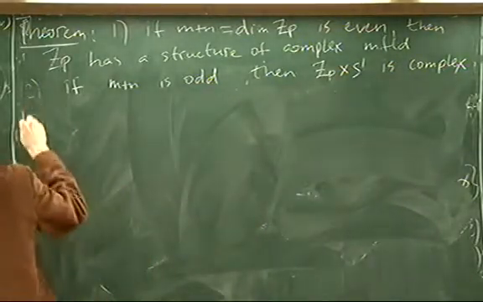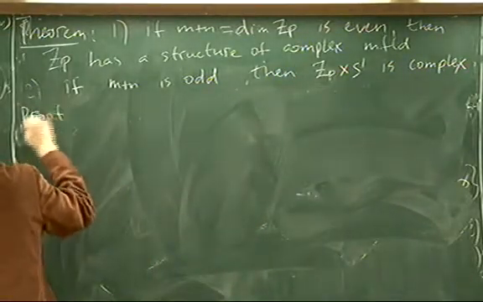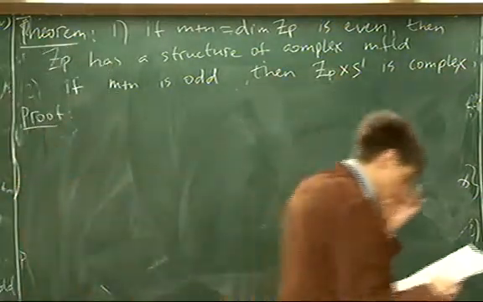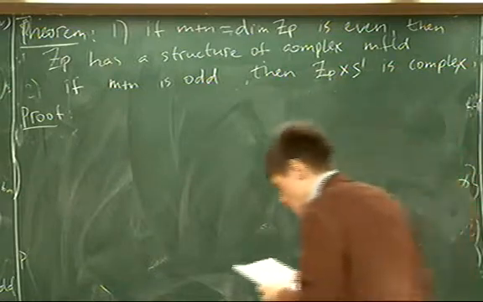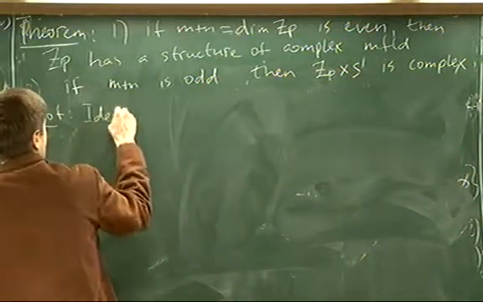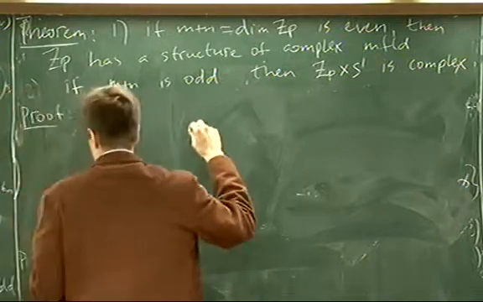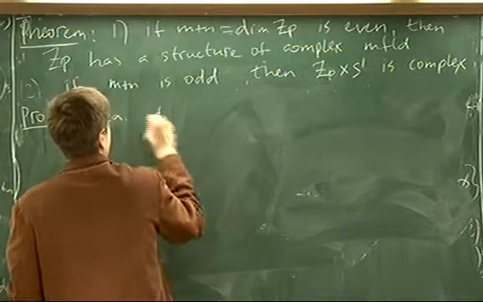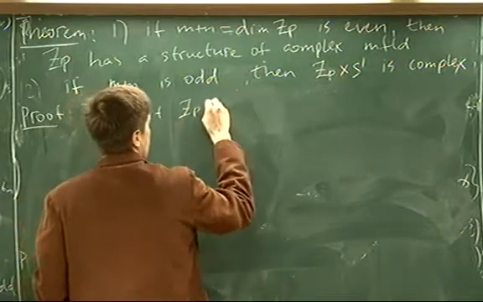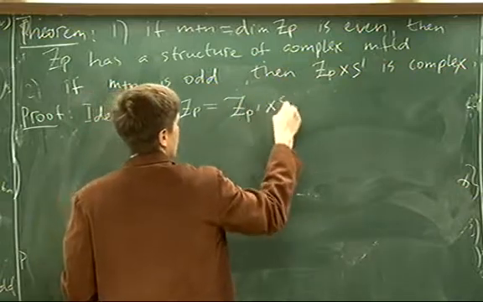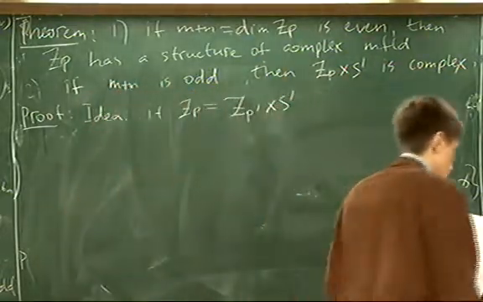Well, as I said, I will not give the proof, but I'll illustrate both cases on an example, and from that you can easily reconstruct the proof. So the idea is the following. If Zp has a circle factor, if it's equal to Zp prime times S1, then